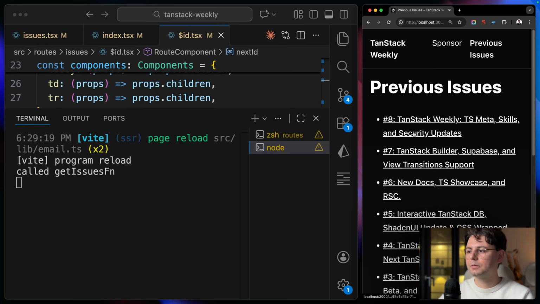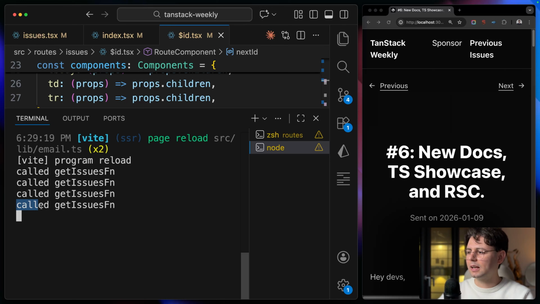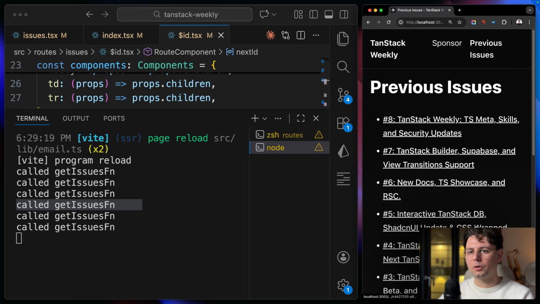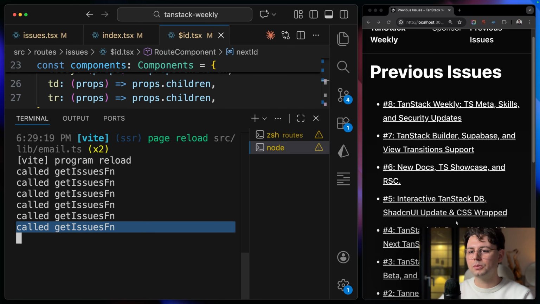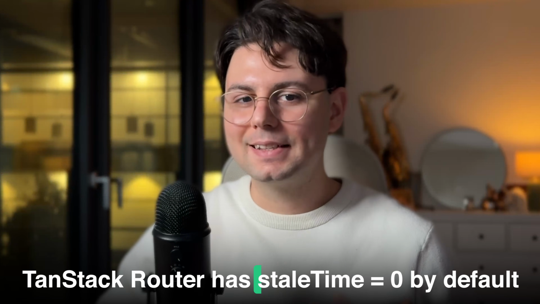Okay, so let's navigate back and forth to different pages. And as you're going to see, this is actually still being called at every page navigation. Even when I go back to the main page or to the list page, you're going to see every time there's a new call to the getIssues function. And the reason behind that is that TanStack Router has a stale time set to 0 by default, which means that the caching is